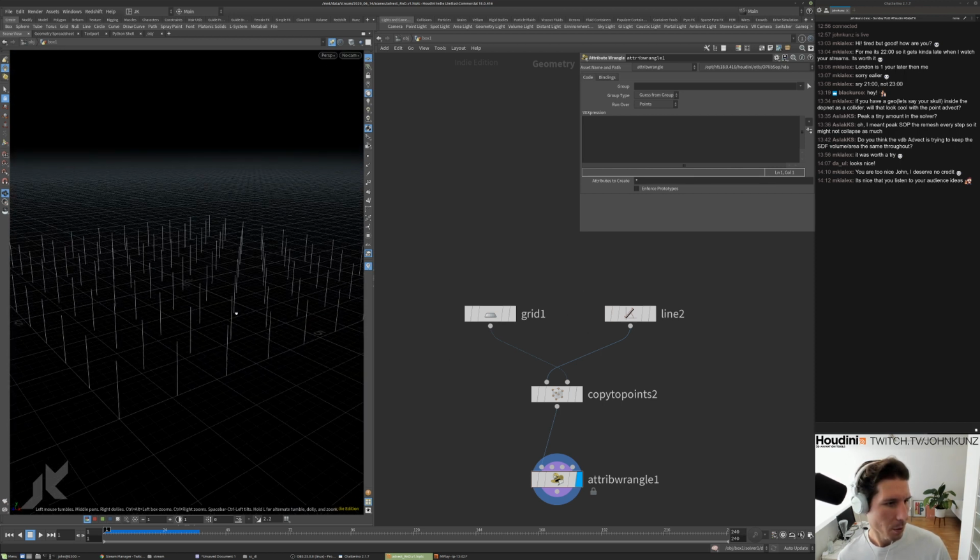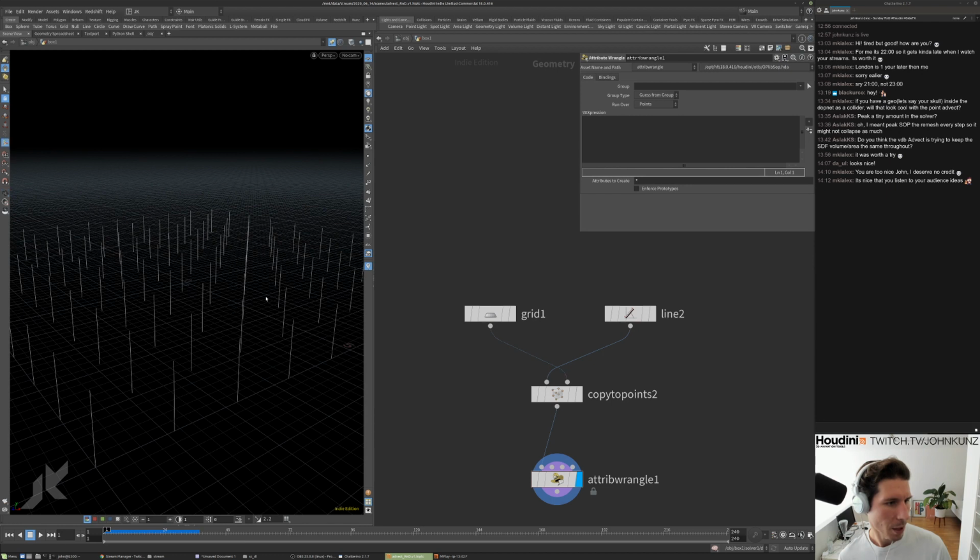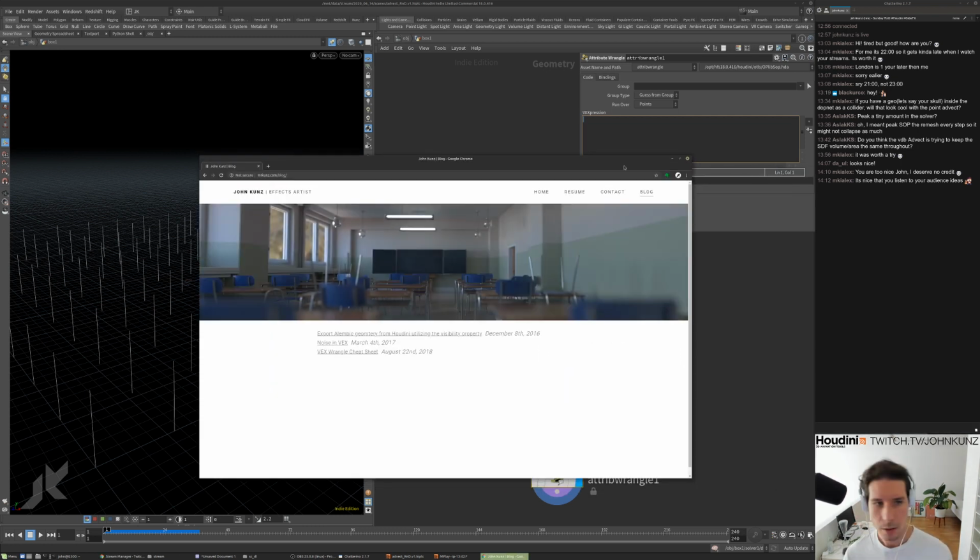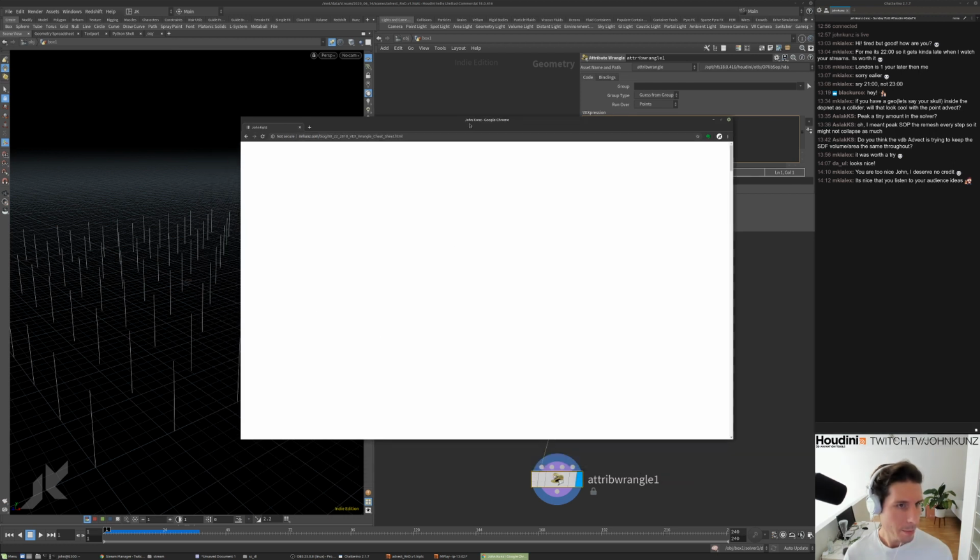So I want a way to do it using just the implicit nature of the lines, without attributes basically. So there's indexing variables, indexing attributes inside of VEX. If I go back to my cheat sheet from the website,